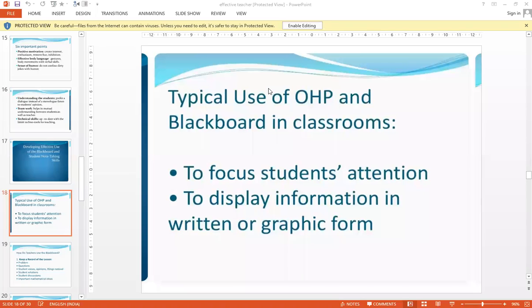So we should always make use of the board while imparting a particular lesson or topic. By noting the important points on the board, it will enable the students to learn more, and it will ignite the spirit in them to go for the